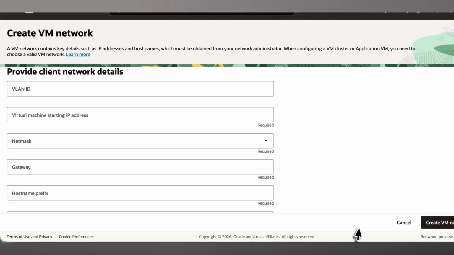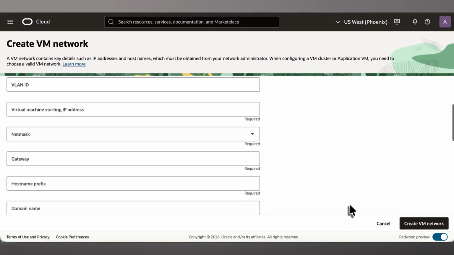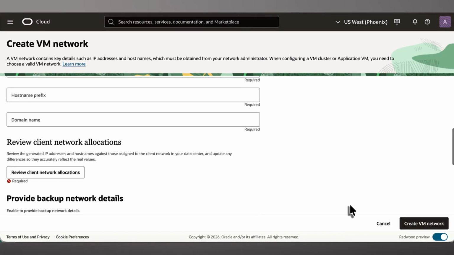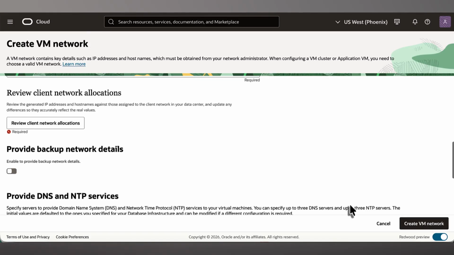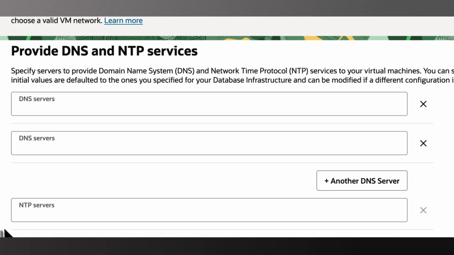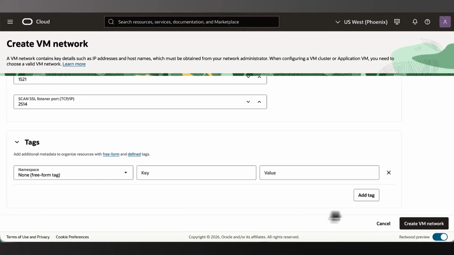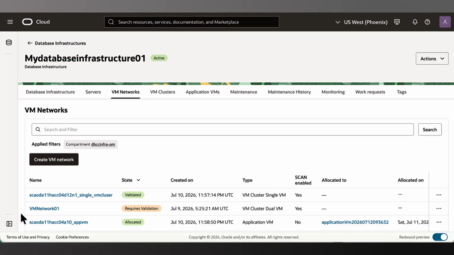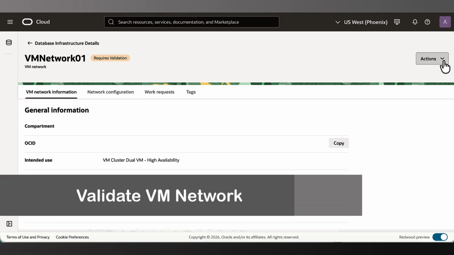Configure the client and backup networks along with the required host names, IP addresses, DNS, NTP, and other networking settings. After reviewing the configuration, submit the request to create the VM network. Once provisioning is complete, validate that the VM network displays an active lifecycle state, confirming that the network configuration has